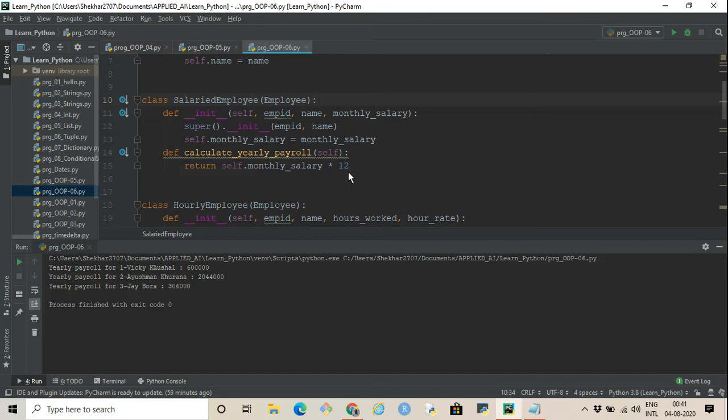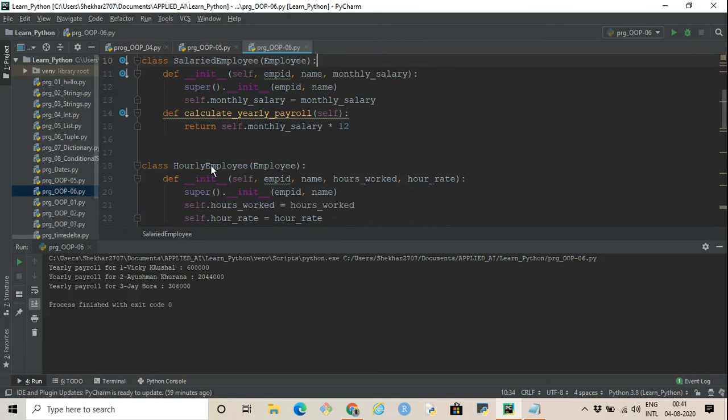Now we have another derived class, which is hourly employee. Again, it is derived from the employee class directly. The hourly employee will again have employee ID and name, and the other attributes are the number of hours he worked and the rate that was charged per hour. So these are the attributes passed in the init method: employee ID, employee name, hours worked, and the hour rate.